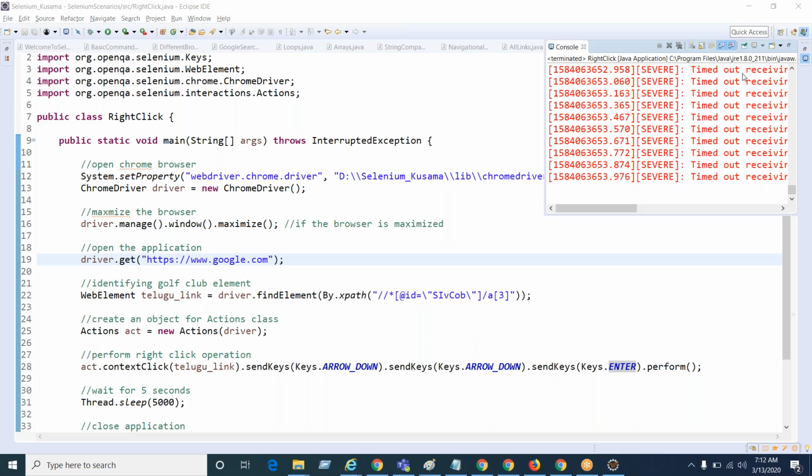See, suppose you want to open the application with the first option, like new tab. After right click, there is a first option called open the application in new tab. If you want to perform it,